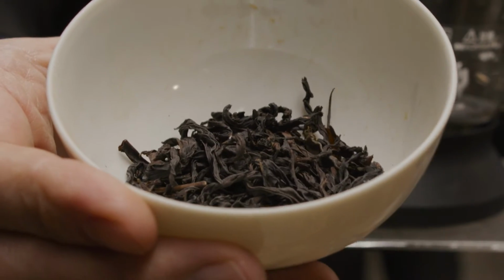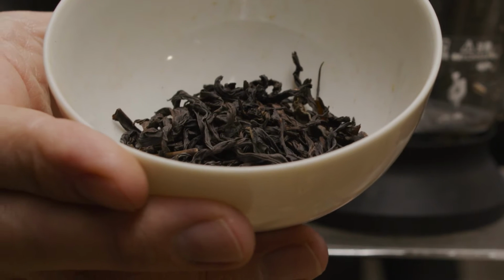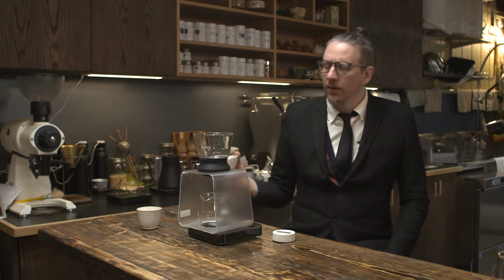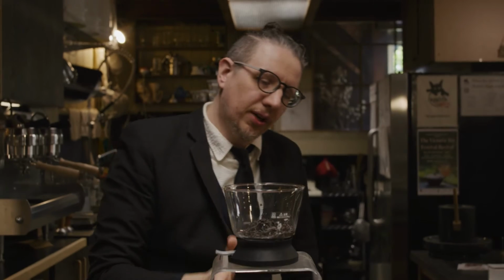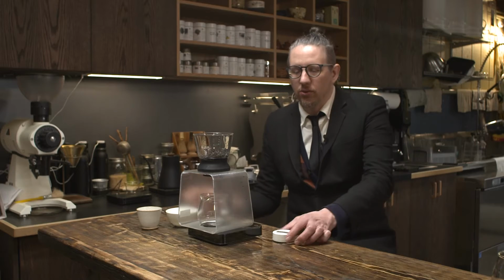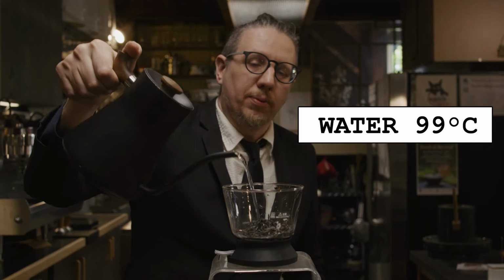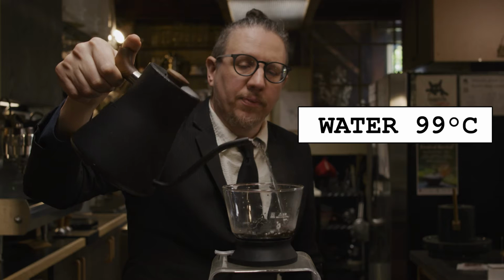100 years, to some of them are 200-300 years old. It's not the oldest trees on the mountain either, but they're not the youngest. So it's just this nice middle ground. So I'm going to do 6 grams of tea. I'm going to do a rinse, which I'm going to use as an opportunity to also preheat my brewer and